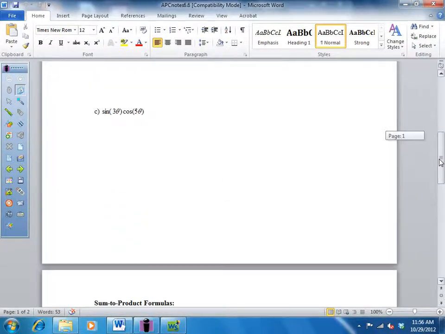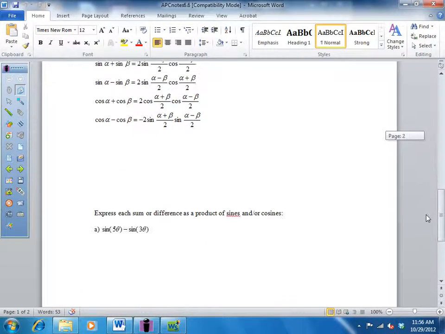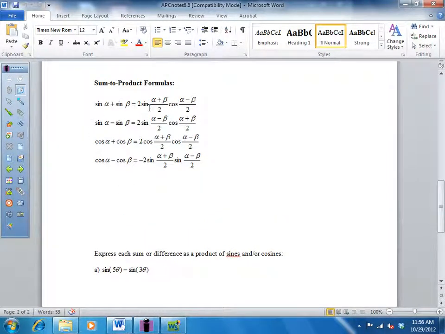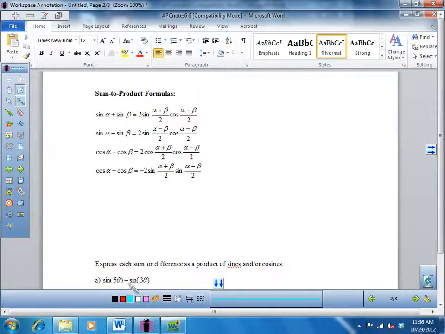I'm skipping the other one, I guess. So in this case, you're going the opposite direction. You're taking a sum and you're turning it into a product. So if I want to do this one, A, I just plug into this formula, and so I would get